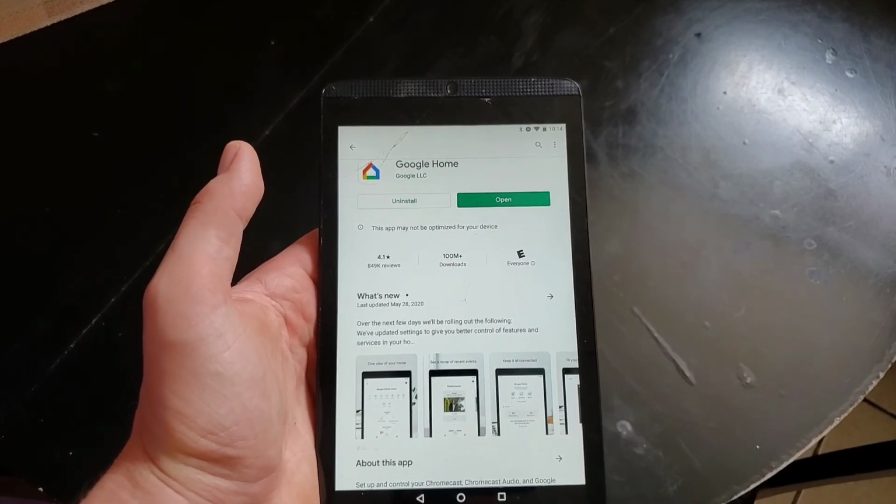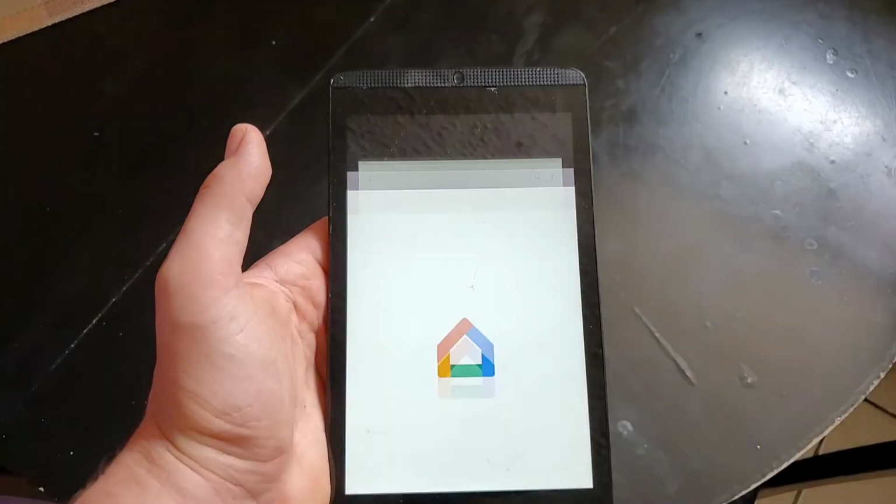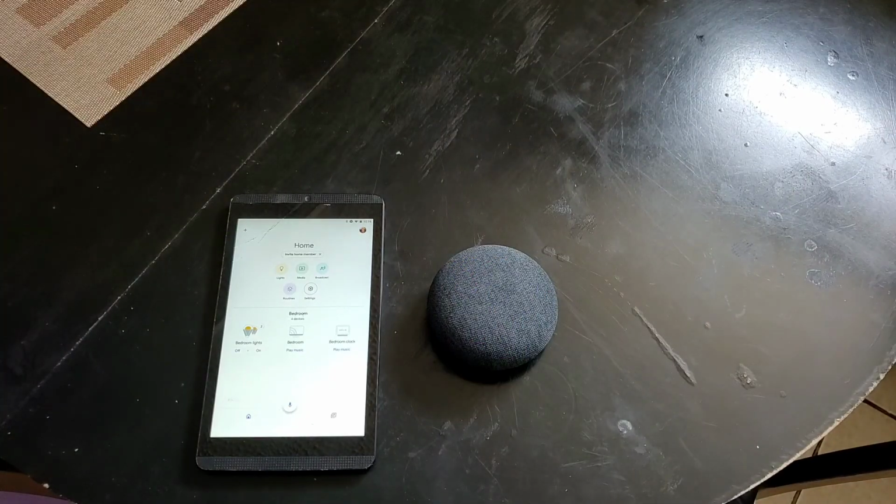As you can see, I have the Google Home app installed. Let's open it. So as you could see, I have a couple of things that are set up. I have the bedroom television, which is hooked up to a Chromecast. I have a couple bedroom lights, and I have a bedroom clock, the Lenovo Smart Clock, which is a great